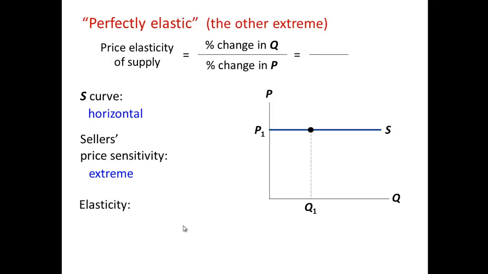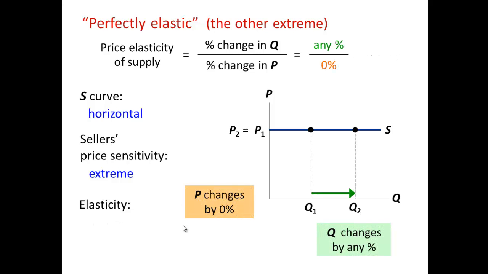And then our final classification is perfectly elastic. And here it doesn't matter what the percentage change is in quantity, the price stays the same. There is no percentage change in price, so we've got infinity. An example of this would be a price ceiling or a price floor. Remember that from chapter 6. If the government comes in and does a price floor or price ceiling, and let's say that they do a price ceiling,